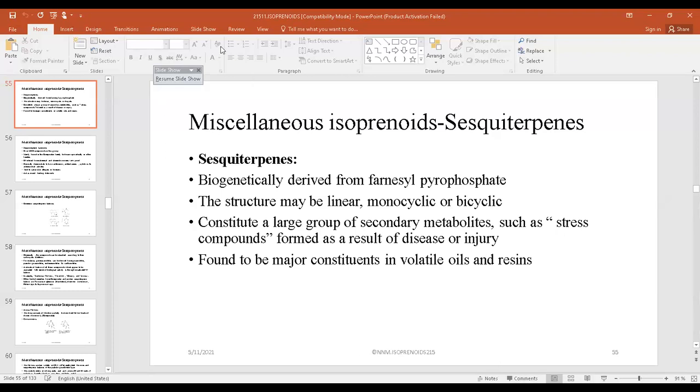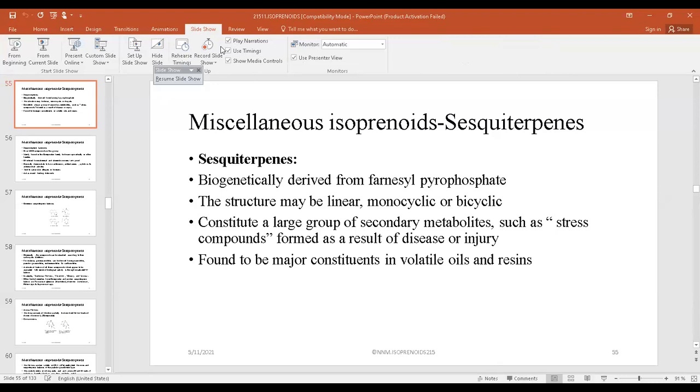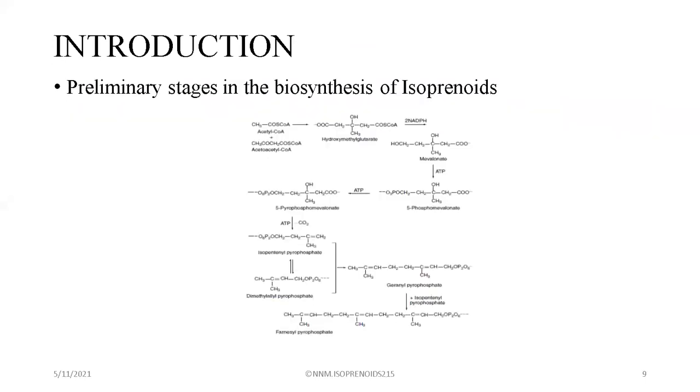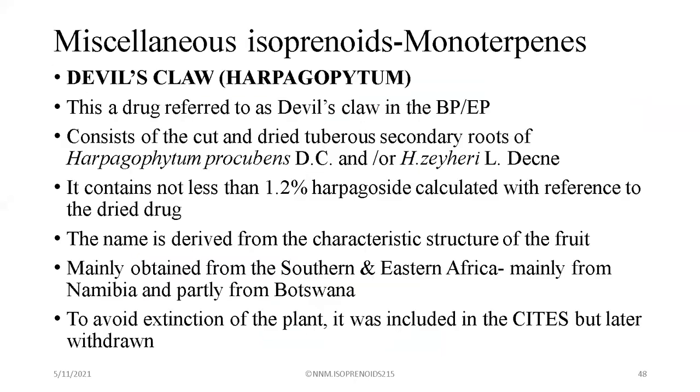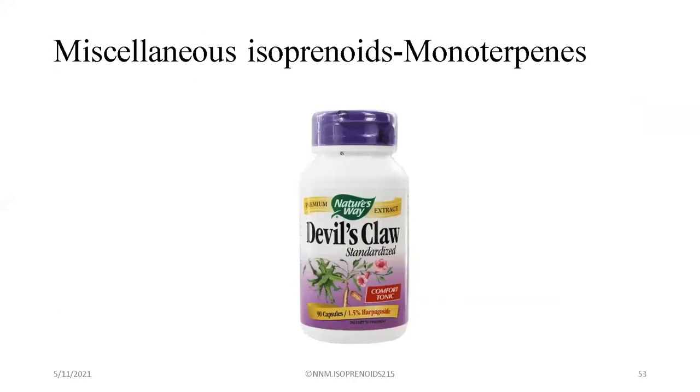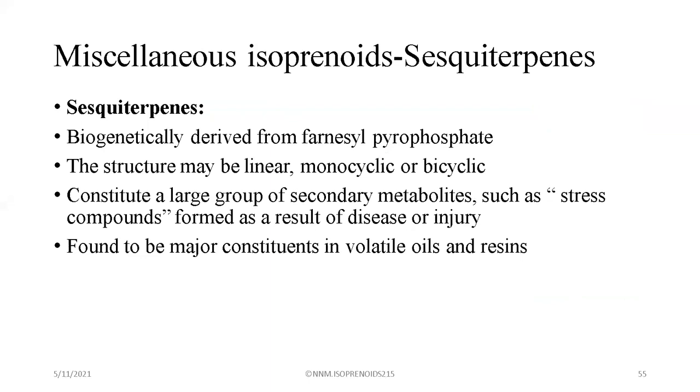Okay, yeah, we can now continue from here. Sesquiterpenes, Linda has already covered monoterpenes. Monoterpenes, we said they have two, what was that core structure called? The isoprene units. Yeah, so monoterpenes have two isoprene units. Sesquiterpenes now have three of those. Yes, sesquiterpene. So we can start from here.